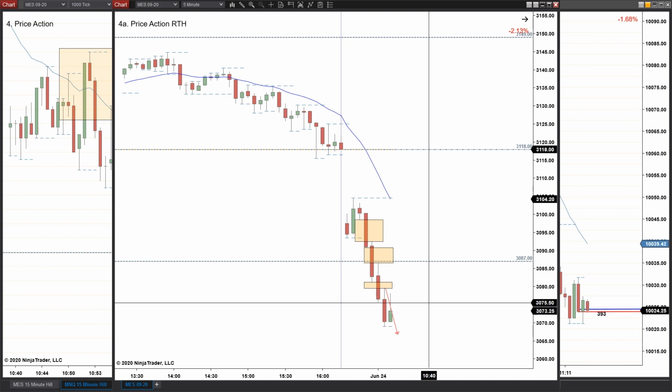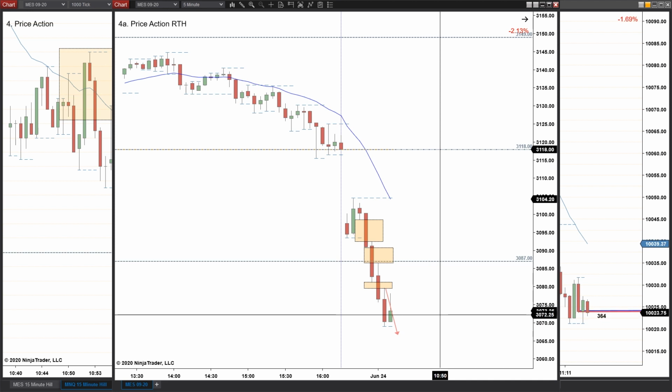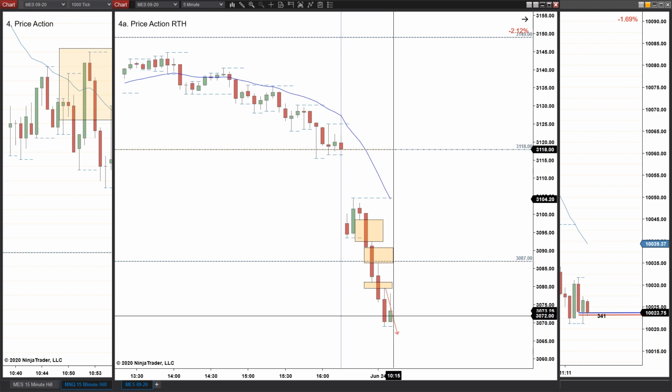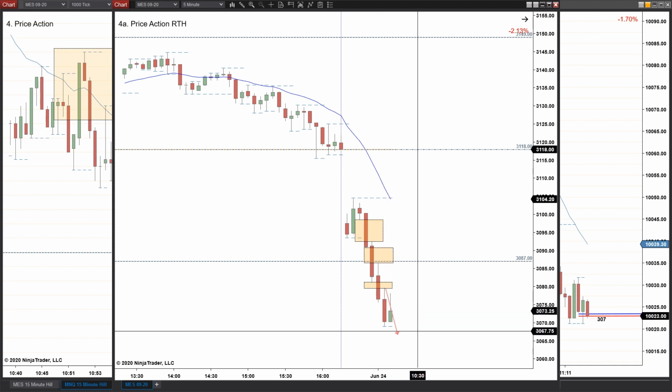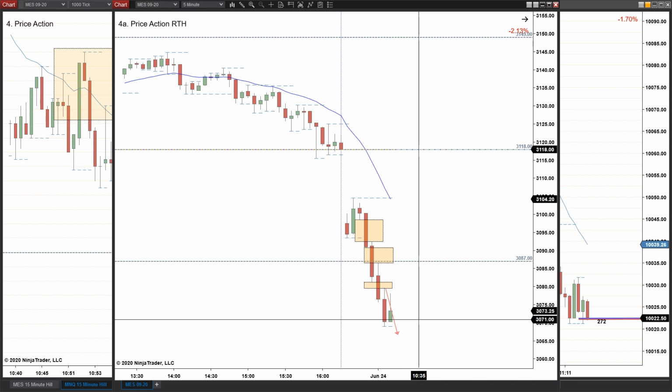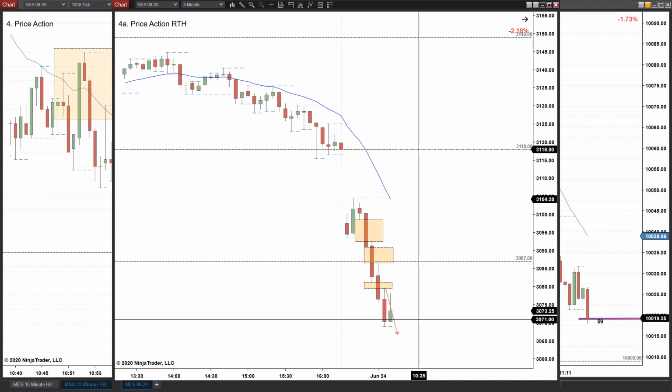We're staying inside. If you're a seller and you sold way up here, or in the middle, or even down here, this isn't going to scare you. It's an inside bull bar that closed halfway back. Who cares? That's not going to prove anything. That's probably just sellers taking profit.